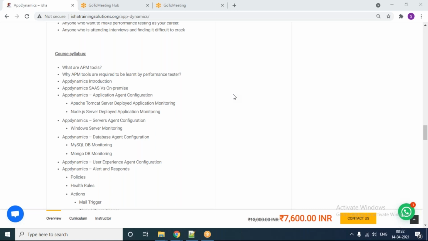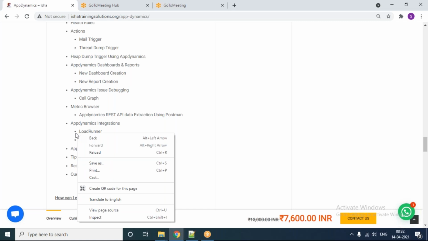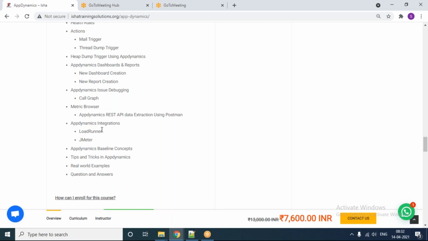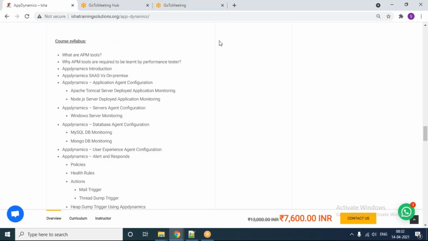So that is the only reason for changing from Dynatrace to AppDynamics. I'm looking for more integrations. Are any integration timelines or topics discussed here for the integrations? I'm showing you a LoadRunner, JMeter integration, so that we will see how the data from LoadRunner and data from JMeter is flowing in. After that we will see. Okay.